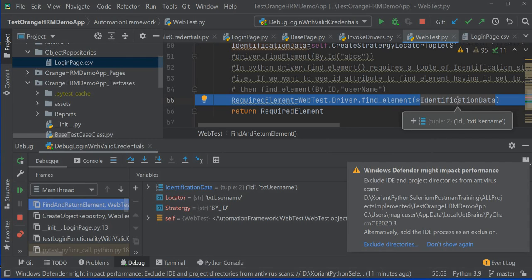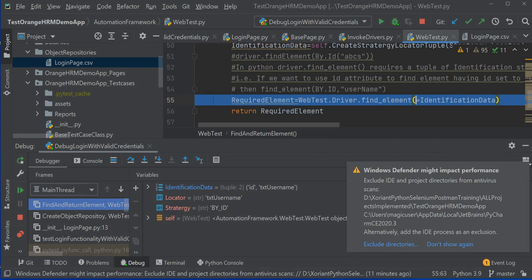But if you want to spread out, spreading means you have got the tuple of two elements and you want these two elements to be sent as two elements and not a tuple as a single element, right?